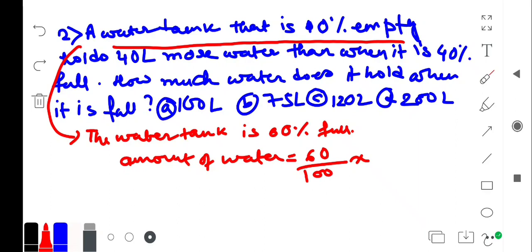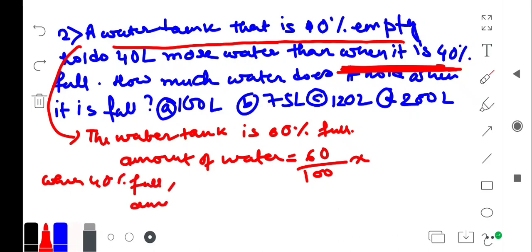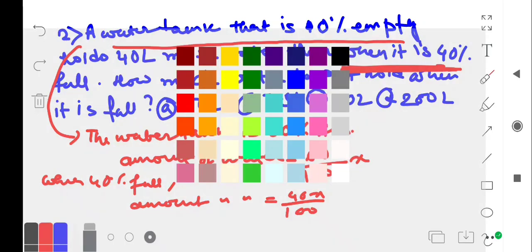Okay, now when it is 40% full, they should be carry 40 liter more water. যখন 40% ফুল হবে 40 লিটার আরও বেশি ক্যারি করবে ওয়াটার। ওকে, সো নাও when 40% full, amount of water equal to 40x by 100. ওকে, সো কী হবে,